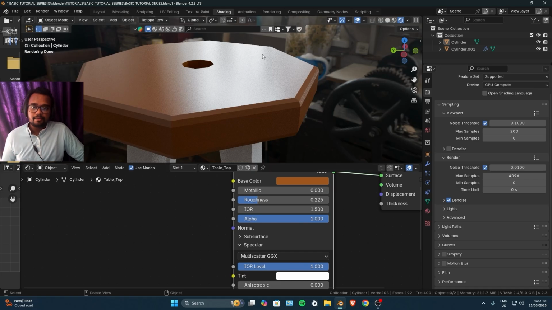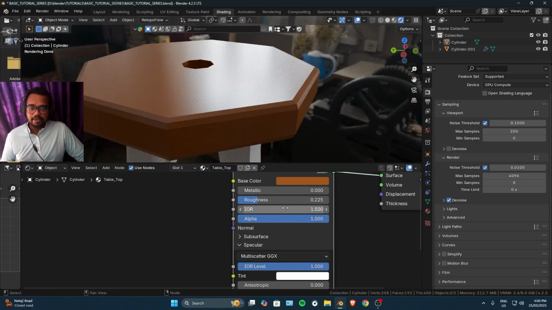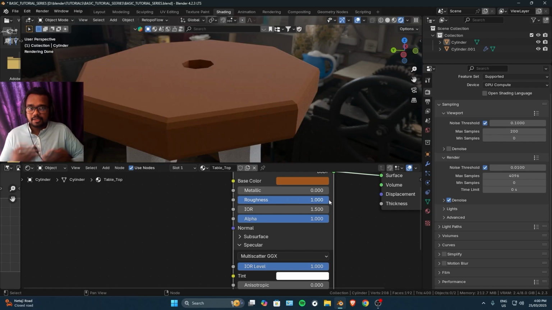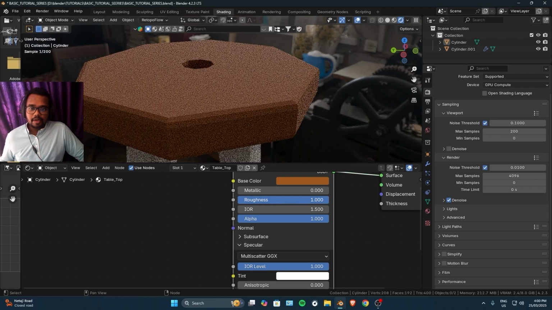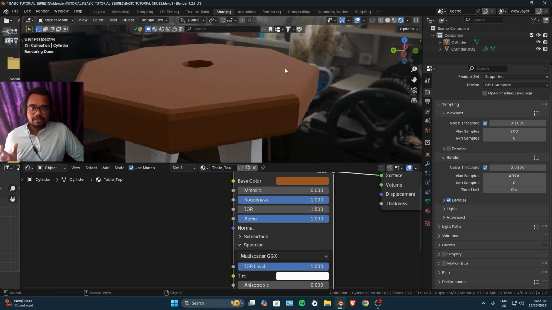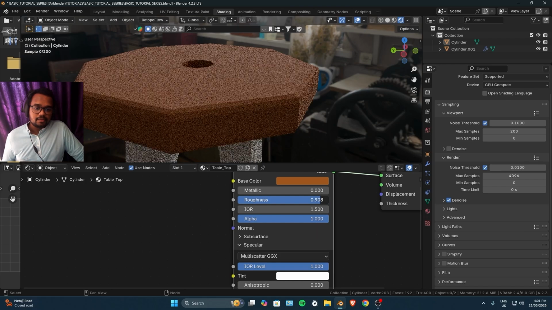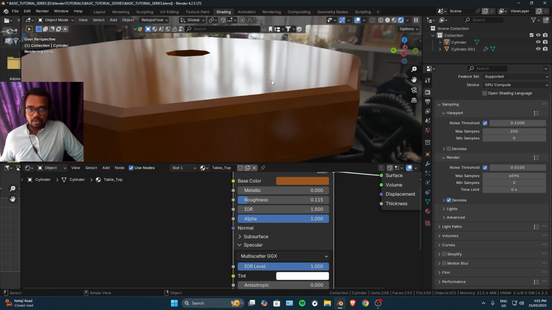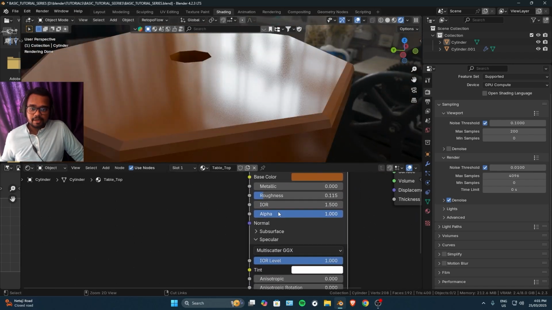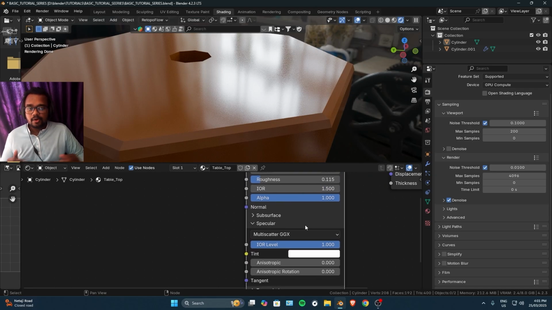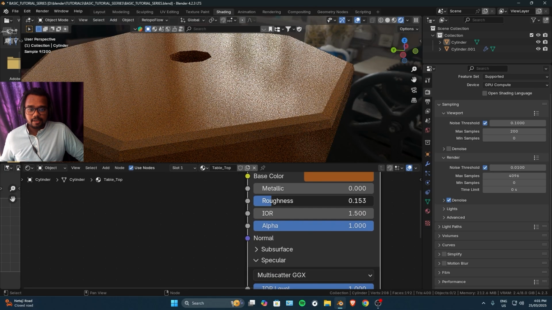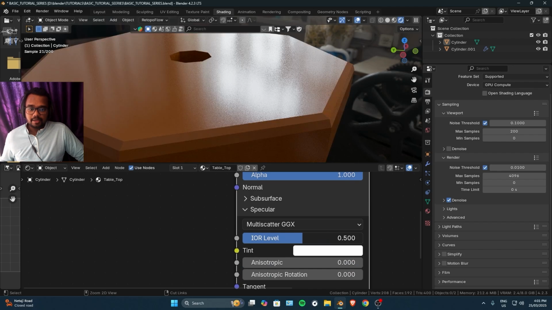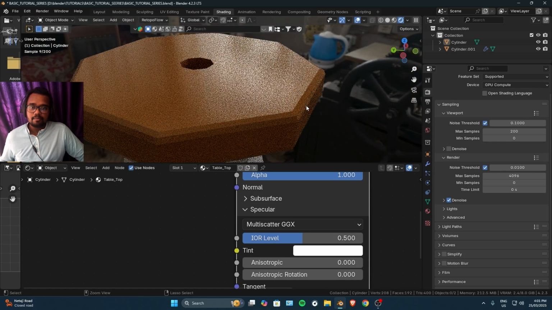So if I make my specularity 1, you are going to see those reflections over here, and the more I make it rough, the more directions that light is going to go. So right now, even when my roughness is 1, it is still reflecting the light, but it is reflecting it in all directions, so we cannot see the shininess of the material. If I go down, we can see our material is a little bit smooth, like the surface is smooth. These sliders, basically this roughness, IOR, metallic, are all defining the surface of your object. So right now our surface is a little bit rough. It is very specular. I can decrease that specularity so it is not reflecting that much light in